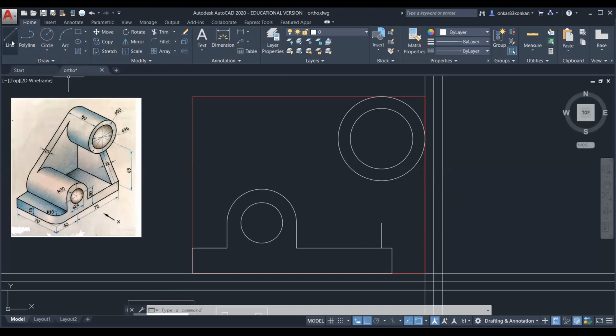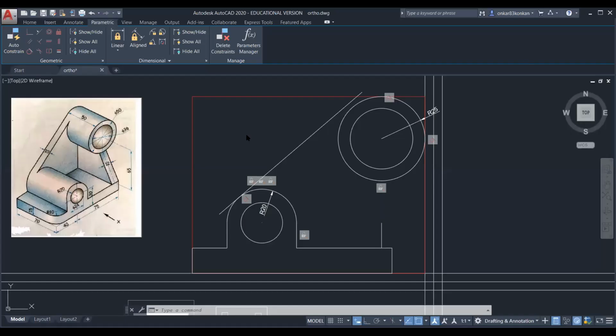Okay. Now next part is we will draw the tangent line. Okay, so to draw this line, that is a rib. So it is a tangent to this circle having the diameter 50 mm and tangent to this semicircle.